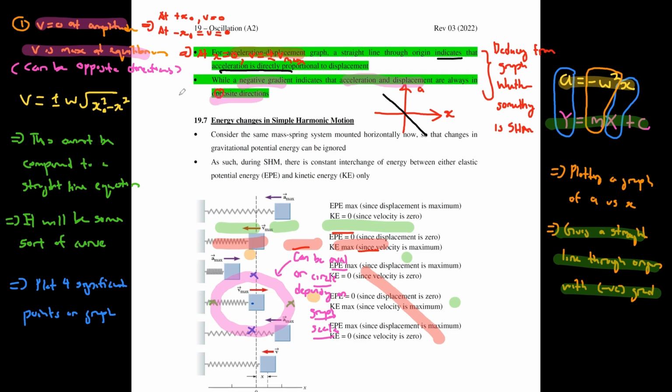Okay. Later on, you will see in some of the questions when they give you a graph and they ask you to deduce whether that graph is indicating simple harmonic motion, you generally try to look at these two. See whether it's a straight line through origin, see whether it's a negative gradient. Because if you have a straight line through origin, it tells you that acceleration is directly proportional to displacement. If you see a negative gradient, it means to you that acceleration and displacement are always in opposite directions. Okay,